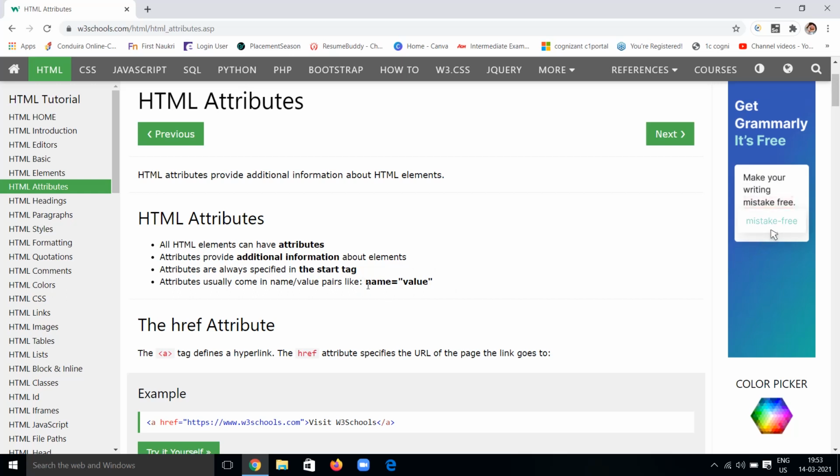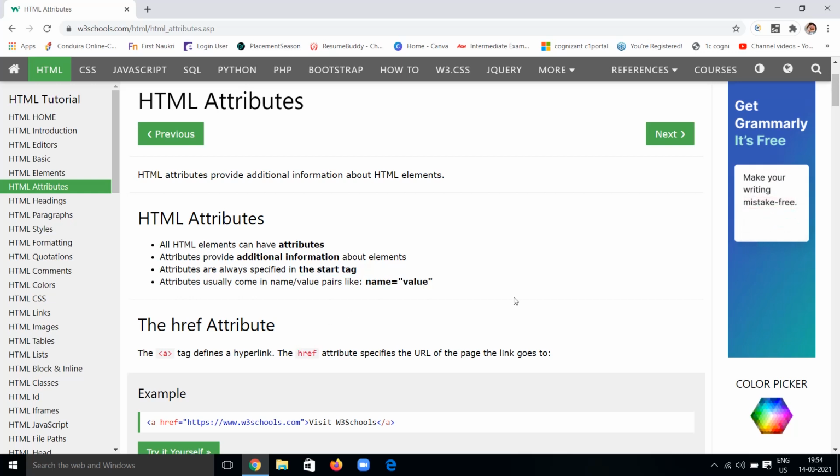This syntax should be present along with the starting tag only. These are the rules of HTML attributes. First, it provides additional information about the HTML elements, and every HTML element can have attributes. It should be specified in the starting tag, and the syntax should be name equals value.